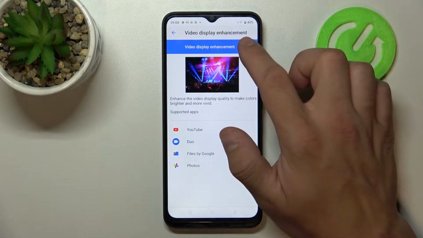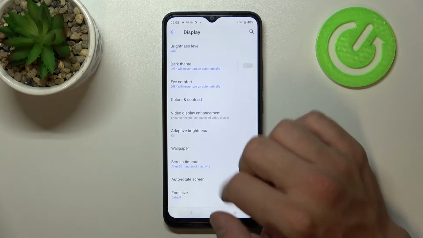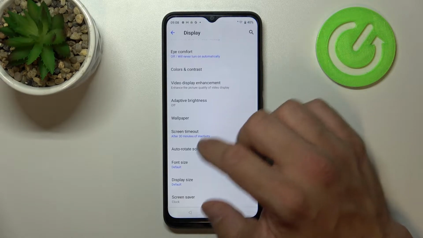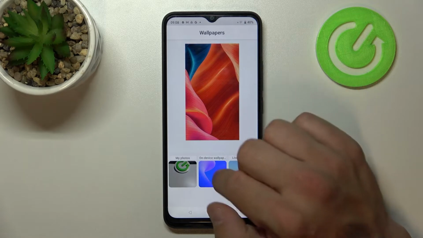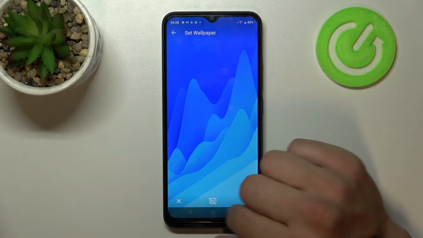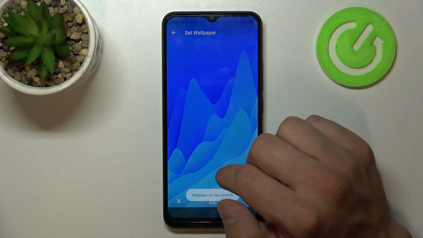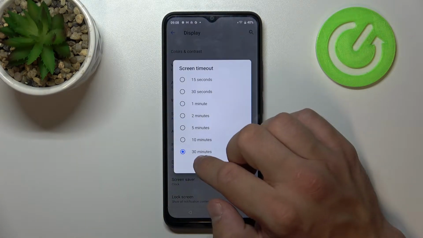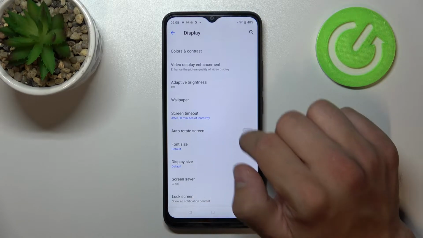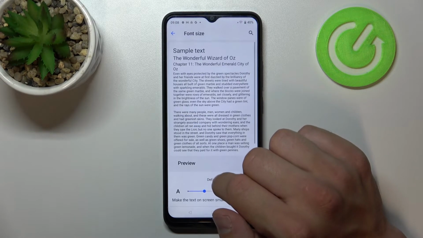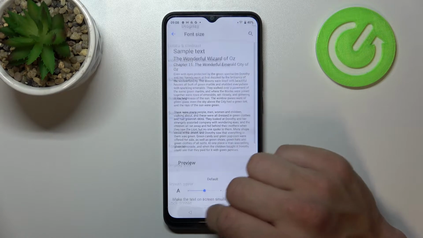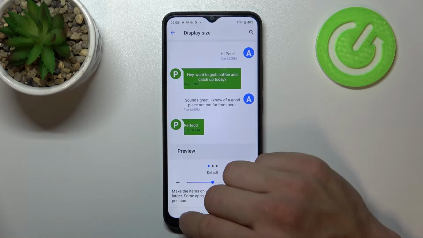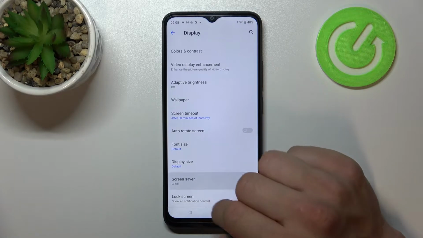We can enable or disable video display enhancement, adaptive brightness, change wallpaper, screen timeout between 15 seconds and 30 minutes, enable or disable auto rotate screen, change font size, display size, set screensaver,